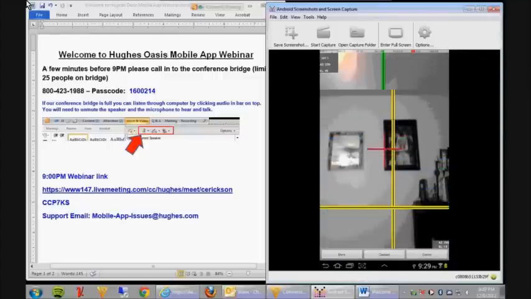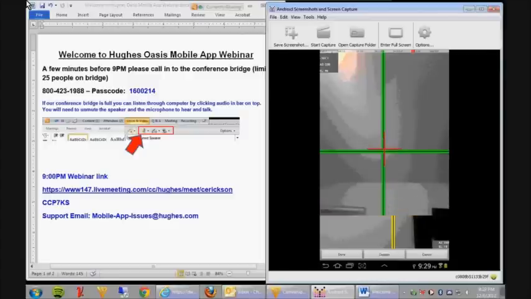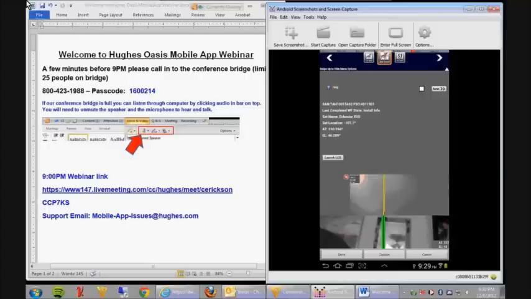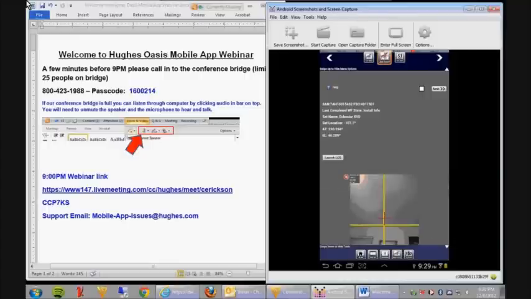I hit capture, and now I hit done, and it shows me the image. And now I can see that I had good line of sight, no trees in the way. And if I need to retake the photo, I can hit launch line of sight. At this point, we can go ahead and hit next because we got a good photo. And now it's going to take us to the next screen, which is what kind of mount have we chosen